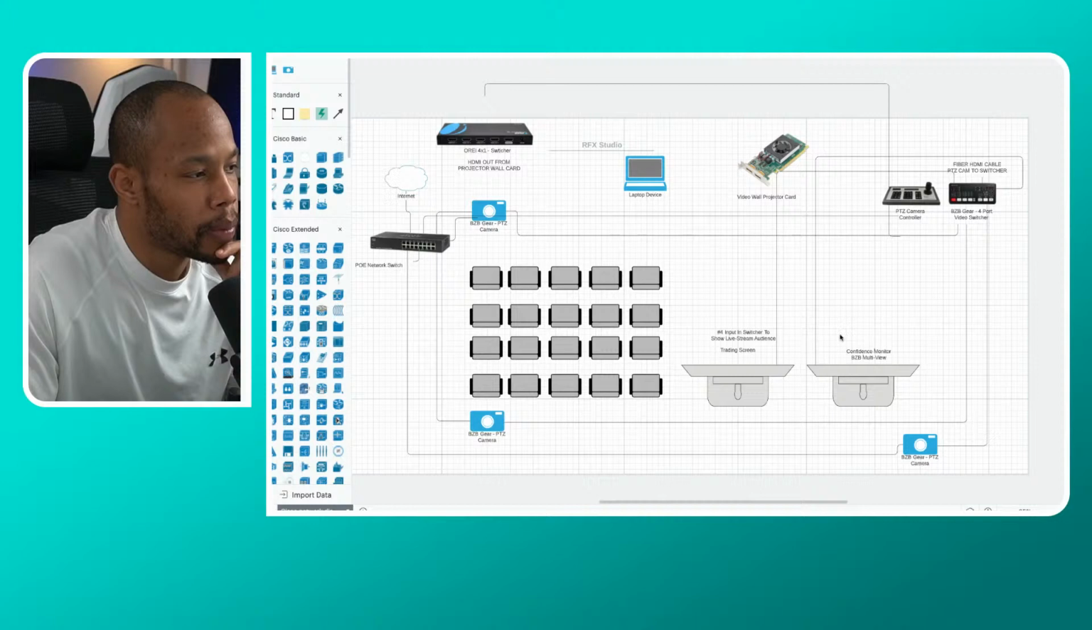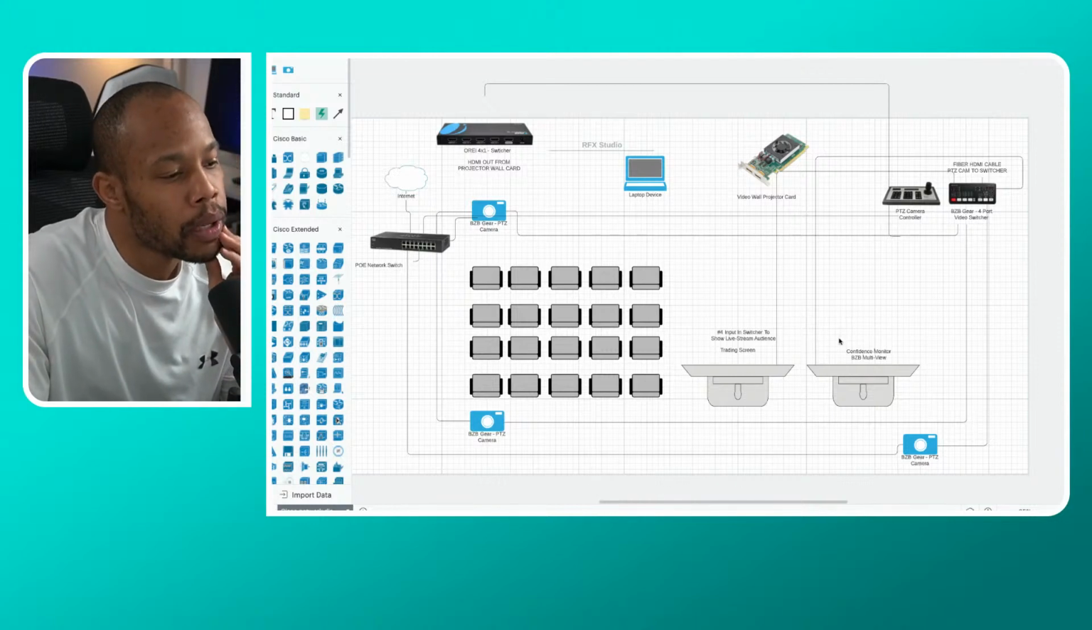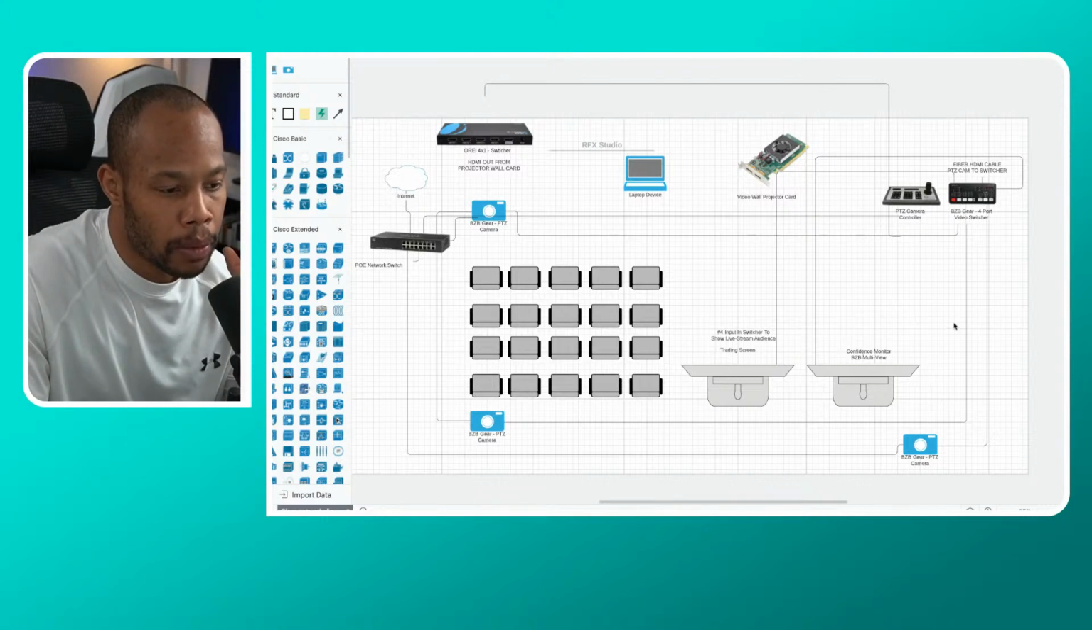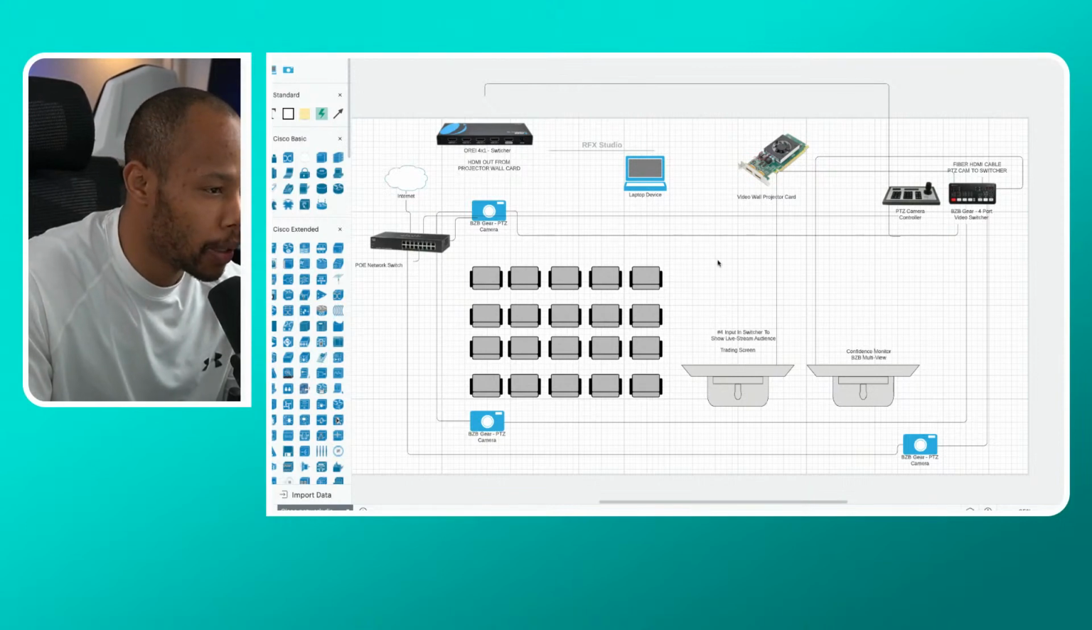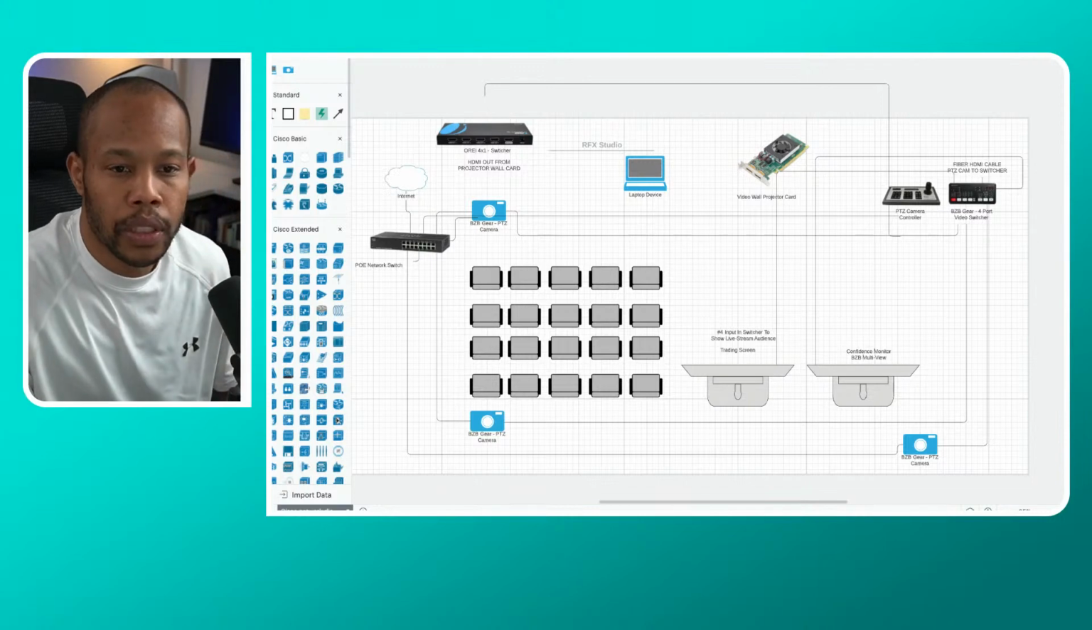So let me see. I think that's the main setup. There's some other cable there. I mean, we got audio that I'm also doing too. So there'll be speakers hanging in here. There's actually going to be an audio mixer in here too. So what I'm going to do is